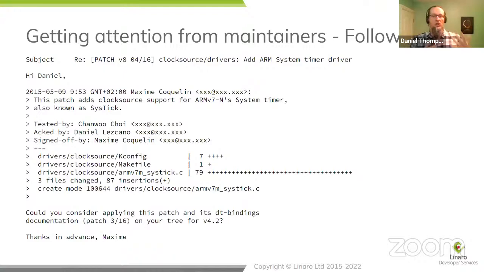Just to show you a good example, this is a follow-up. So this is a "Hi Daniel." This is not me, it's a different Daniel. So this is a patch that has previously been acked by that maintainer and hasn't been taken by any other maintainer, and it's "would you consider applying this patch and its DT bindings for your tree for this particular kernel? Thanks in advance."